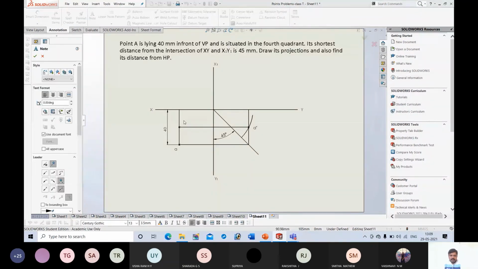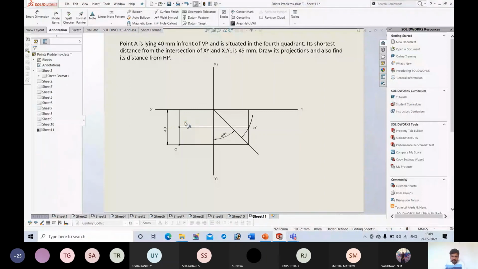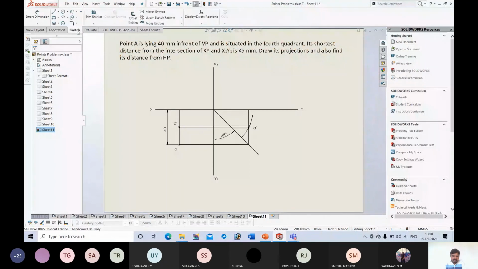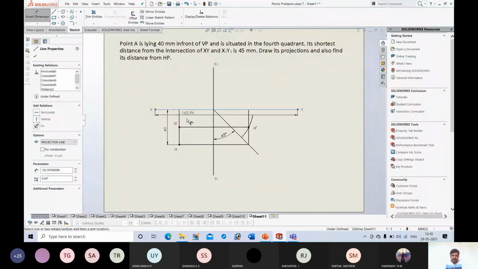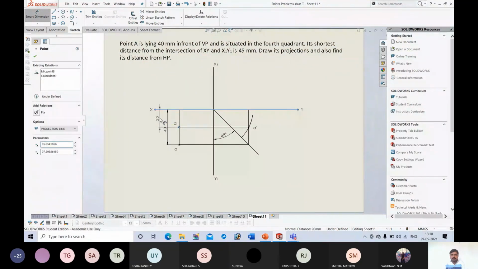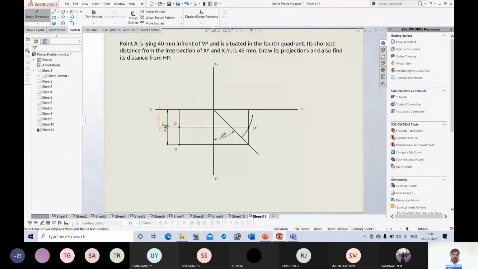So this is A dash. Next, I should measure this distance, since we need to find the distance from HP. So it is 20 mm below HP. Okay. So if you have any doubt regarding